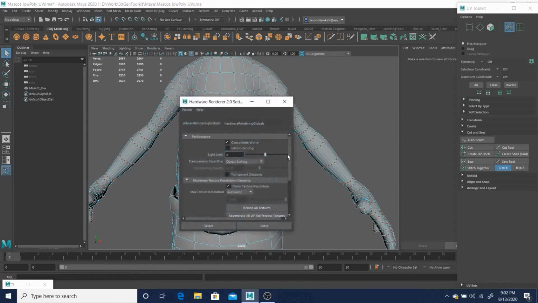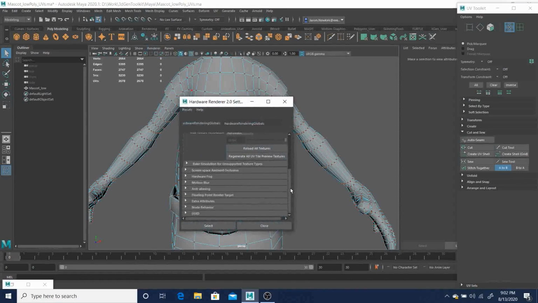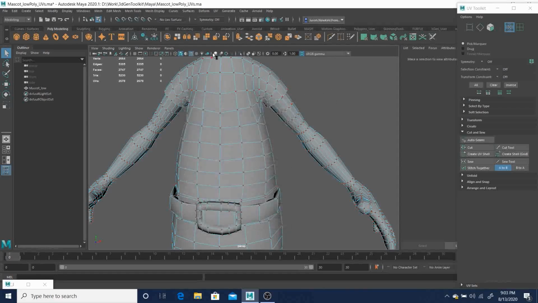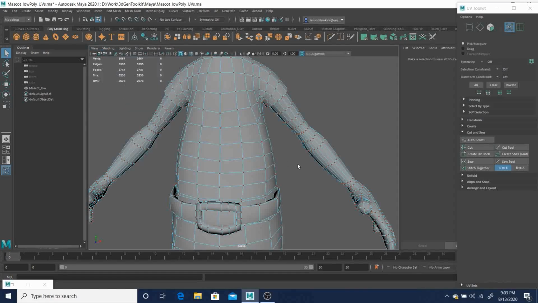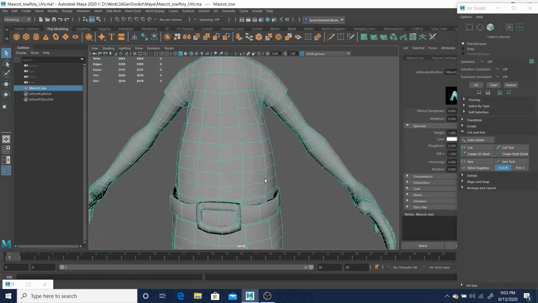Maybe under this viewport, I just want to check something right here real fast. I'm not sure why I'm not seeing that border edge. Maybe because I have wireframe unshaded on. I'm not quite sure. So let me just make sure this UV